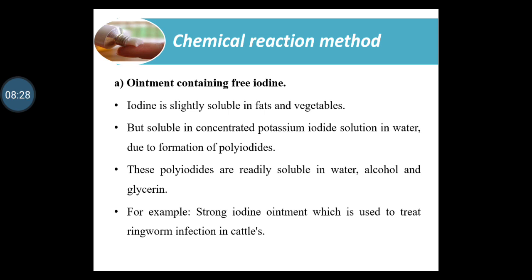Strong iodine ointment contains iodine, potassium iodide, wool fat, yellow soft paraffin, and water. It is directed as apply on the affected area as directed. Method of preparation is dissolve the iodine in the presence of potassium iodide in water, then melt wool fat and yellow soft paraffin together, cool to about 40 degrees Celsius and add iodine solution. Stir until cold and store in glass jar, then label and dispense.